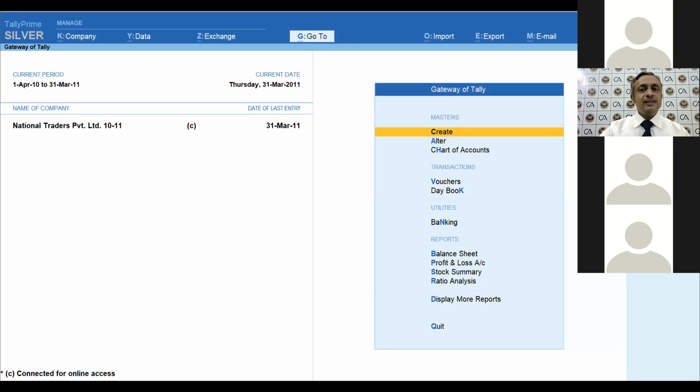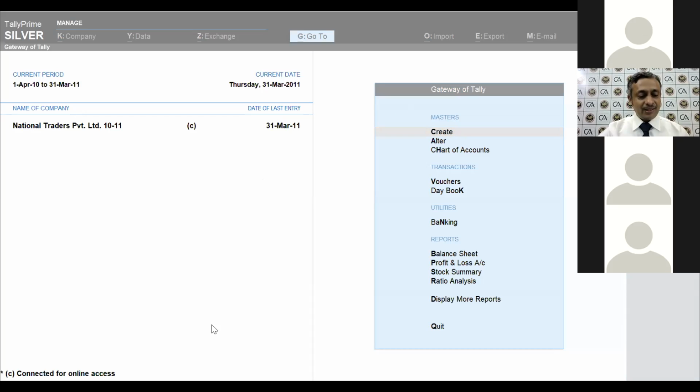So this is the fresh look and feel of Tally Prime, the way it has been redesigned, reconfigured. The color combinations have been made more soothing, that we can all see. Then if you see, there are a lot of